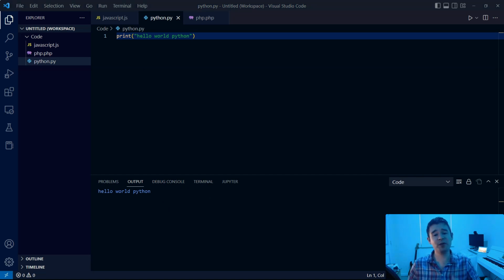So we might wonder, if all of these languages do the same thing, how do we know which language we should be using? And the truth is that languages are very flexible. Something that we might do with one language, we can easily achieve with another language. For example, PHP is a popular server-side language for hosting web pages. But guess what? You can do the exact same thing with Python. And you can also do the exact same thing with